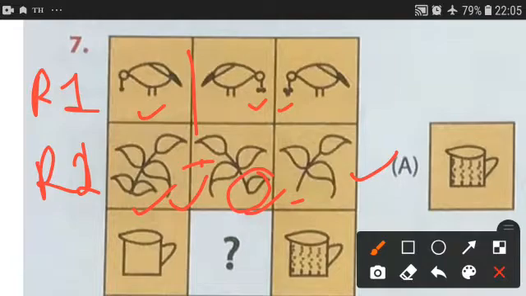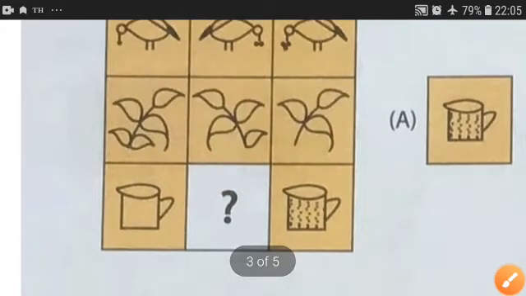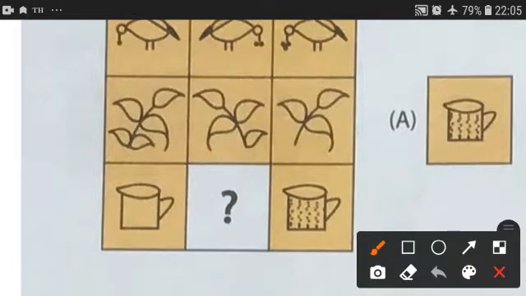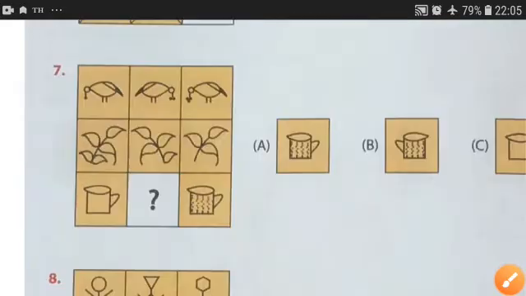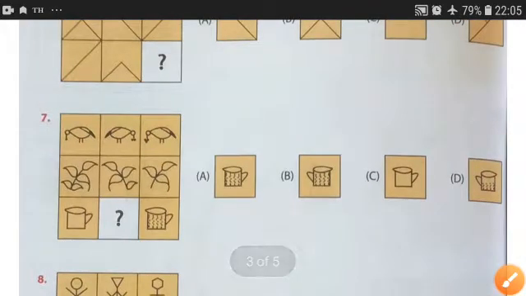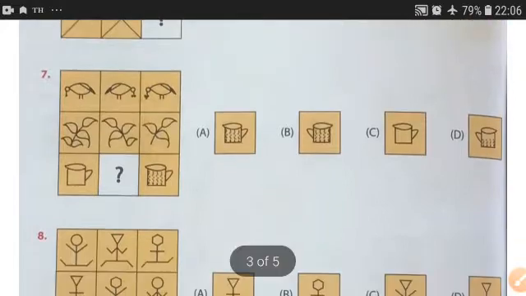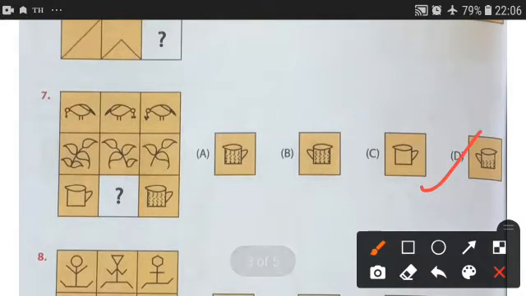In the same way, if you check, this is a cup, this cup will be filling, and the mirror image will be there. Okay, so the diagram will be somewhat like this. Okay, and half cup will be filled. So the correct answer for this question will be option D. This will be the correct answer.